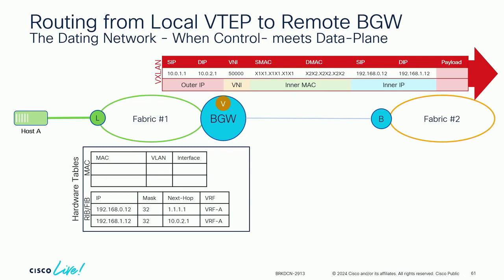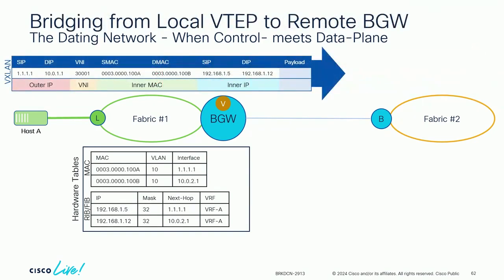Can we do the same thing with blue? Exactly the same thing happens, so we can close here and I'll see you guys later. No, we'll go through. Again, host A wants to send to a host in the remote side. This time, we want to have a communication from MAC address 100A to MAC address 100B, and the hosts sit in the same subnet,